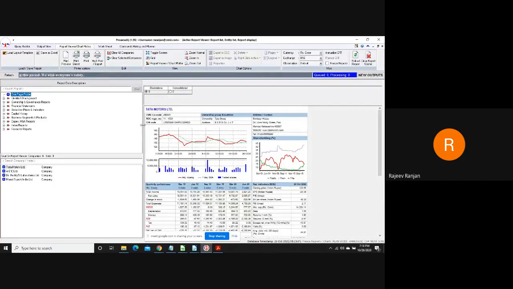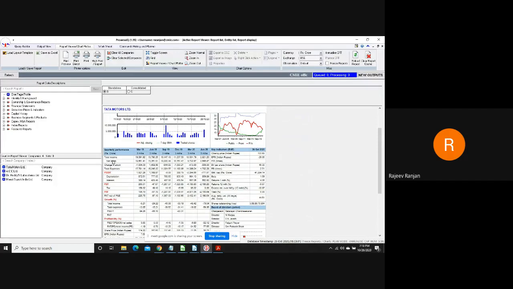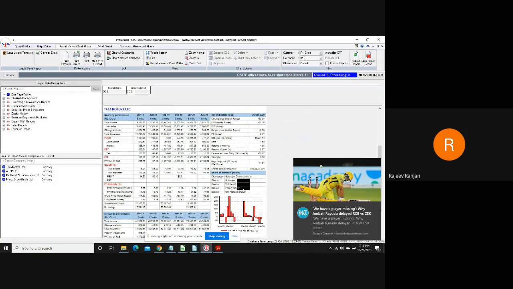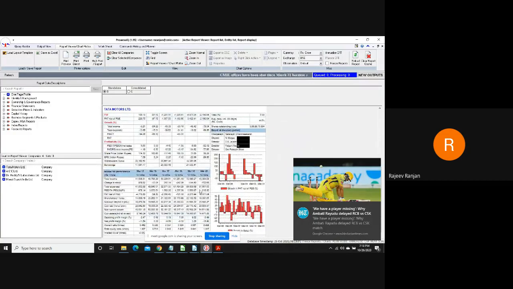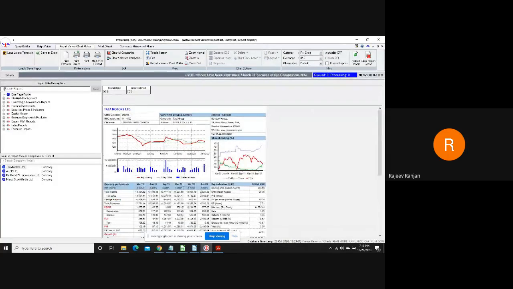this gives you the one-page profile. It's a kind of snapshot on the performance of the company, which talks about the latest share price movement, the addresses of the company, the shareholding pattern. For the listed companies, you'll get the quarterly results here. These are the key stock price indicators, board of directors of the company, and these are the annual financial results. And each of these can be seen in detail when we move to the other section.